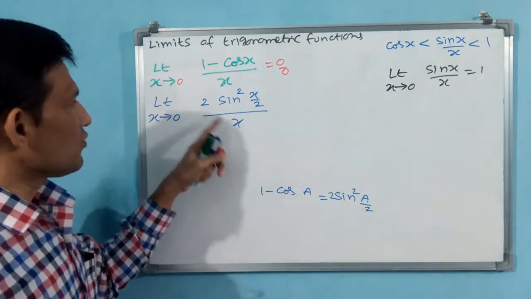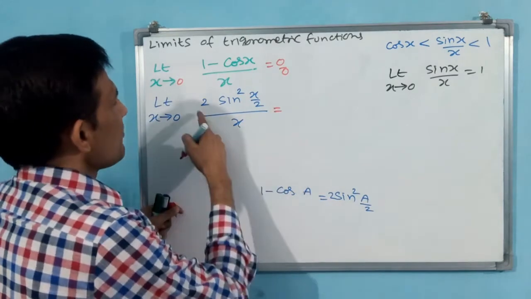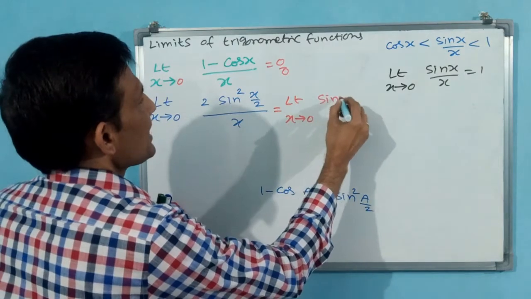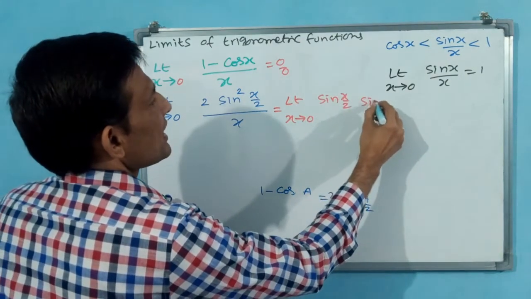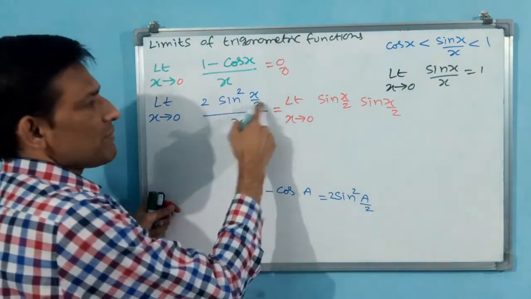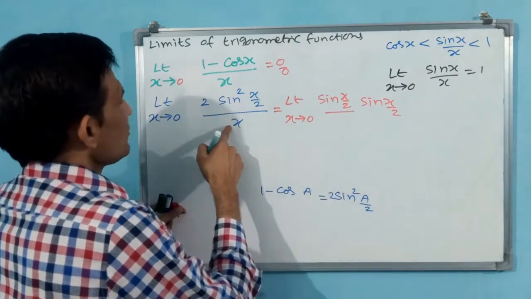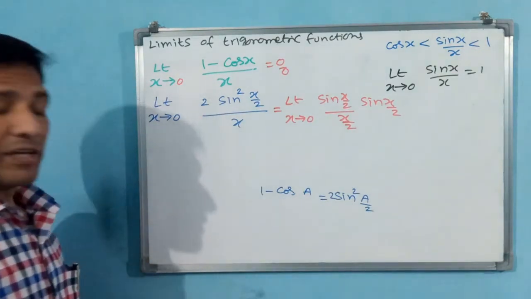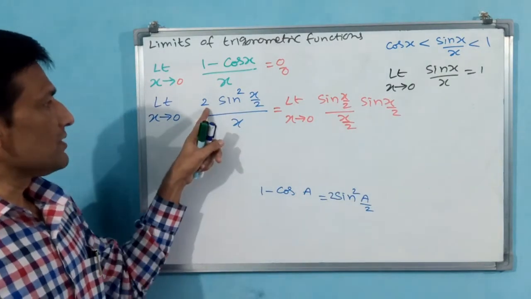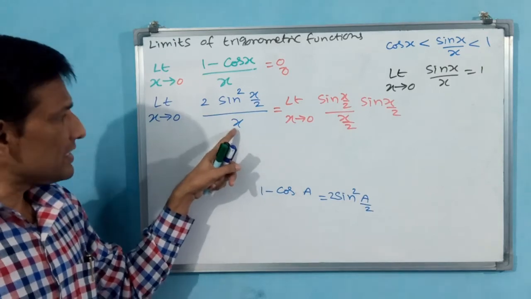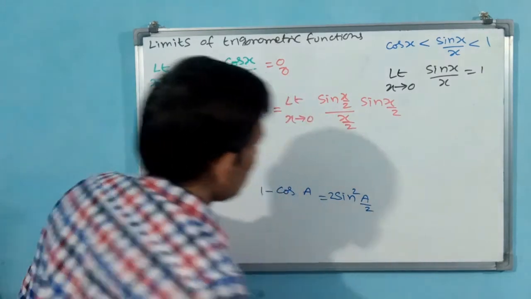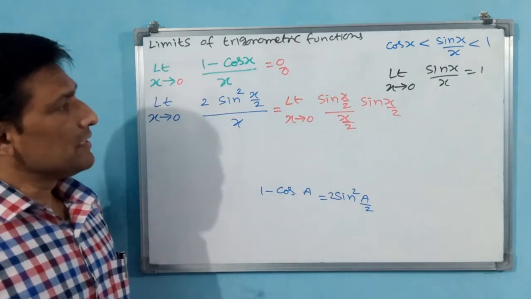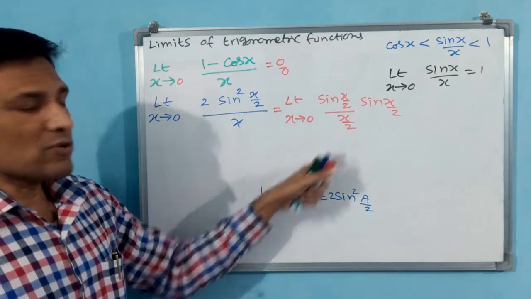Okay. Now again this 2 I am sending to the denominator. Limit x tends to 0, sin x by 2, sin x by 2, sin square x by 2. But see, in the denominator again I am making it 2 by x by 2. Is it okay? Now see this numerator, and the denominator automatically comes down. Now this has become like this. You see now this sin x by 2 by x by 2, how it has become.